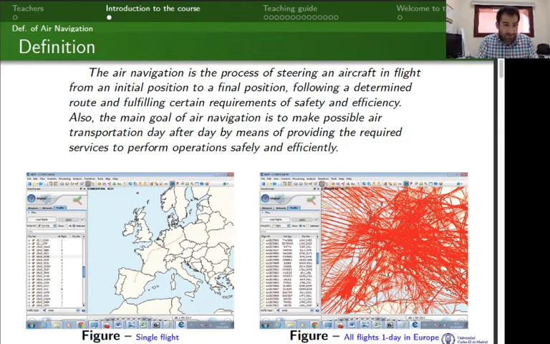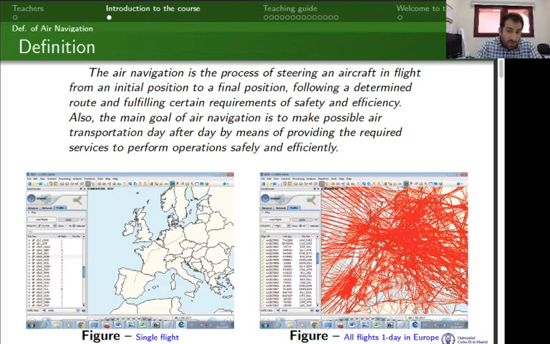It can be from an origin airport to a destination airport, or from an initial fix to a final fix in a given route. That's important. We need to track a given path, including a given altitude, given speed, and eventually fulfilling requirements of safety and efficiency. And that's one definition, and this has to do with